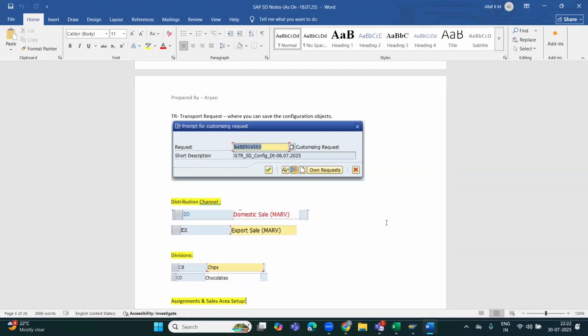Now 800, 400 you write, right? That is a room within a floor. When we say client dependent, customizing requests are client dependent. Workbench requests are client independent. So if I want to give an example,